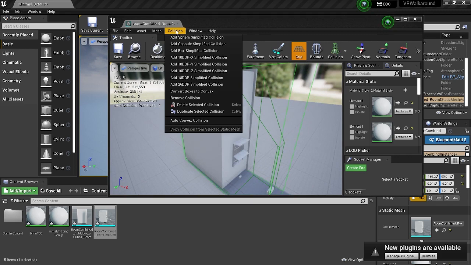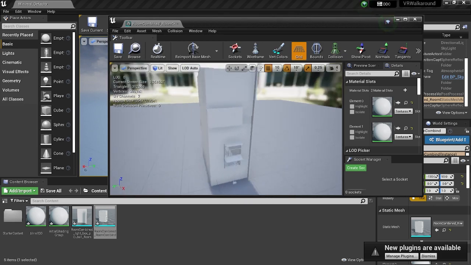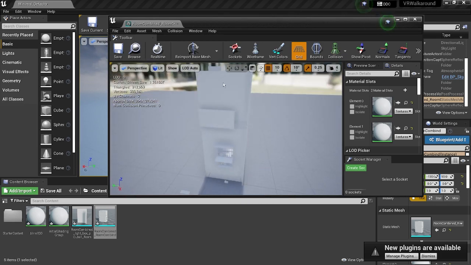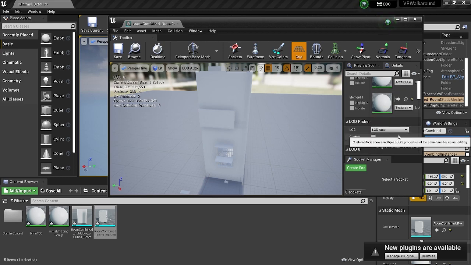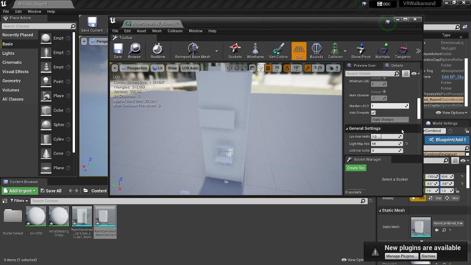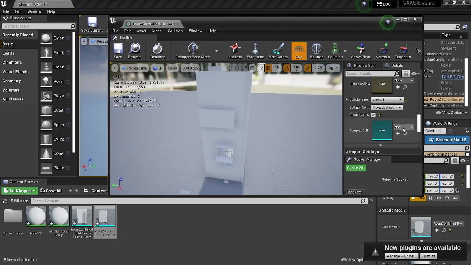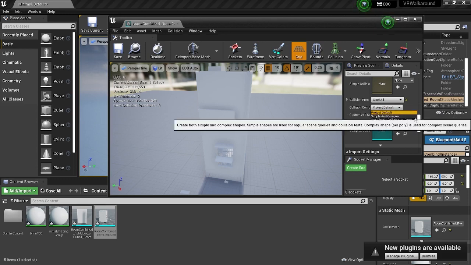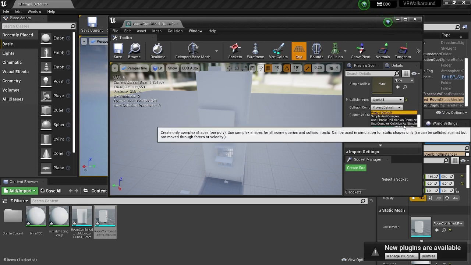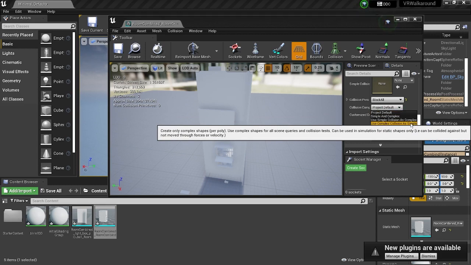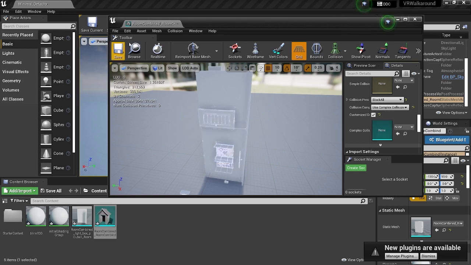So we have to go to the collision menu, and we don't want this kind of collision, so I'll remove the collision. We need a collision that only collides with this mesh, like a wall, so it will cover both sides of the wall, not the whole room. So we can scroll down here. For this kind of issue, there is an option inside the collision options, the last option called use complex collision as simple. I'll select this option